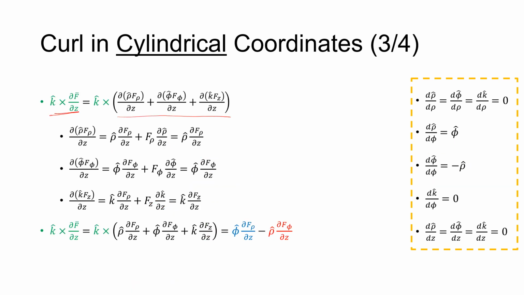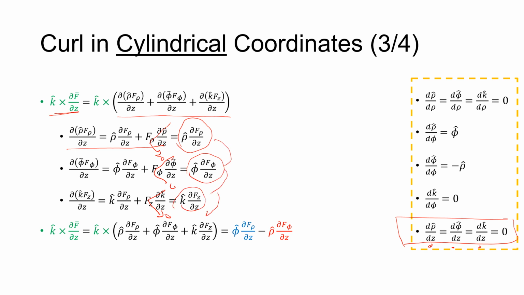Again, we'll do the derivative, and again we are just doing the multiplication rule, and since this is k, as you can see here, the derivative with z of all three, rho hat, phi hat, and k hat, will always go to 0. You will find that these three components are going to 0. Then you will be left with the first term only here, which is these three terms. You take them together, make a summation of them, and